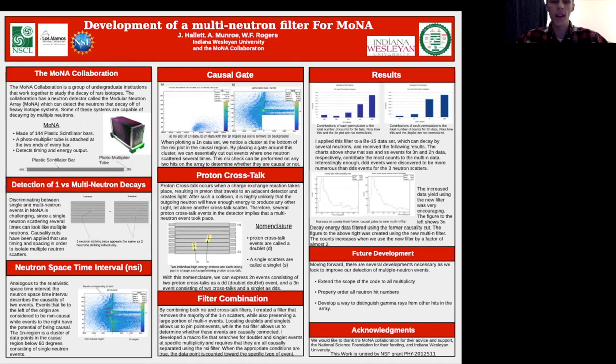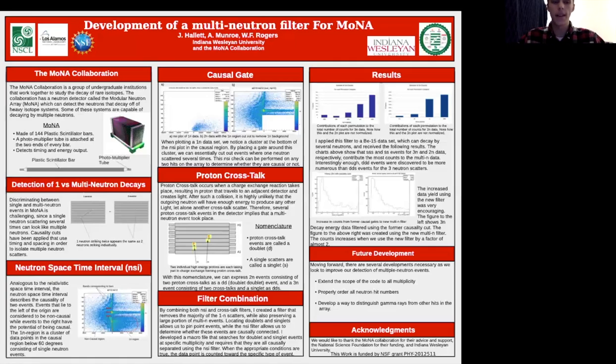So what is the MONA collaboration? The MONA collaboration is a group of undergraduate institutions that work together to study the decay of rare isotope beams. The collaboration has something called the modular neutron array. This is a neutron detector that's composed of 144 plastic scintillator bars. Each end of the bar has a photomultiplier tube, and every single bar has the capability of detecting both energy